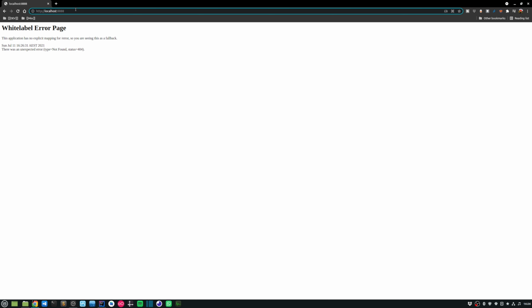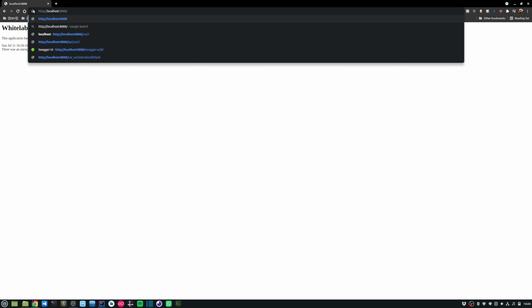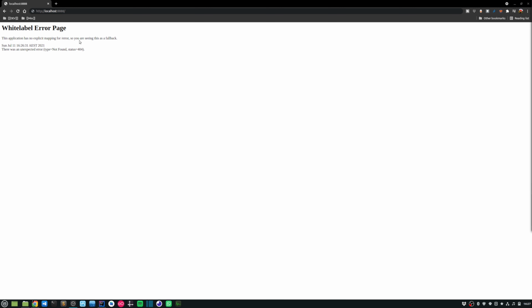In terms of the config server, there is a particular naming convention. You have the base URL, which is localhost 8888, in my case, where my config server is running. And in order to access a particular configuration, I need to specify the name of the config file without the extension.